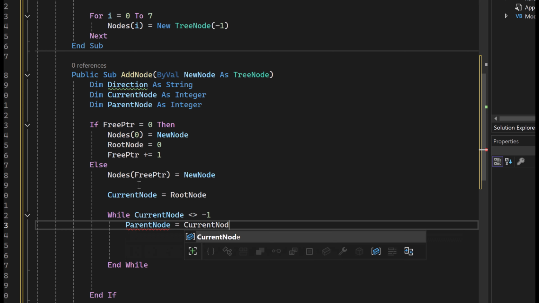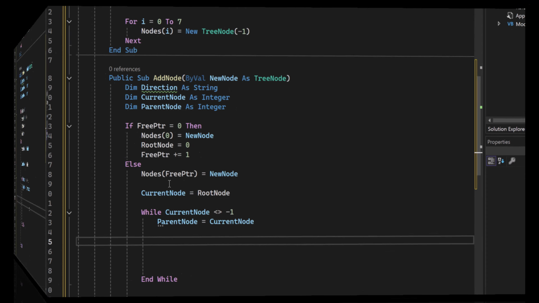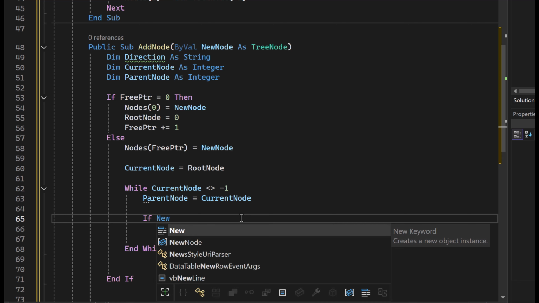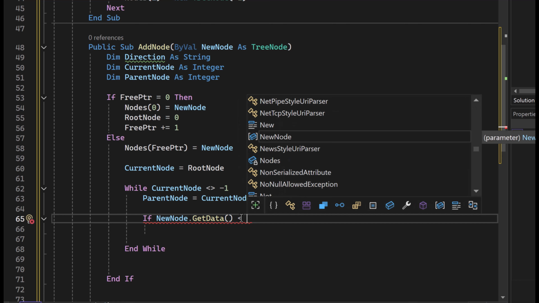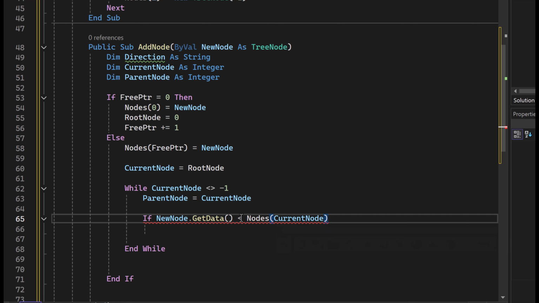So we're going to do parent node equals current node. Now we're going to have some if statements inside our loop that decide, do we need to go left or do we need to go right? The first thing we need to do is check to see if we go left. So we're looking for the new node dot get data. If that new node, and we're taking the data, is less than where we currently are, our current node, then we know, and we've got to use that get method, get data, then we know we need to go